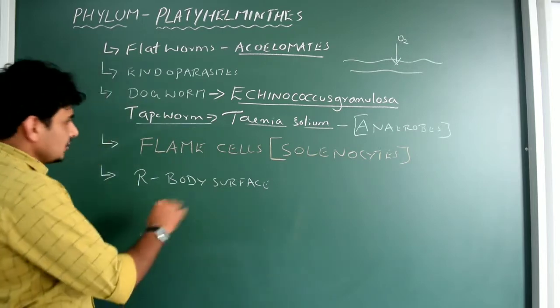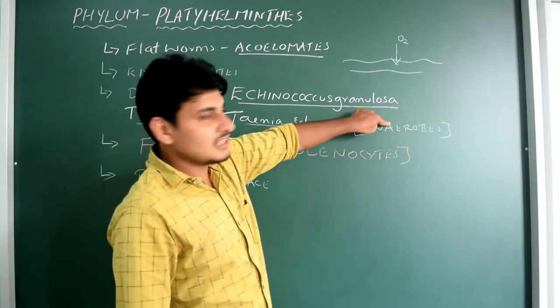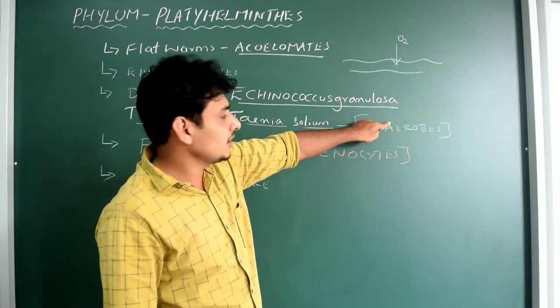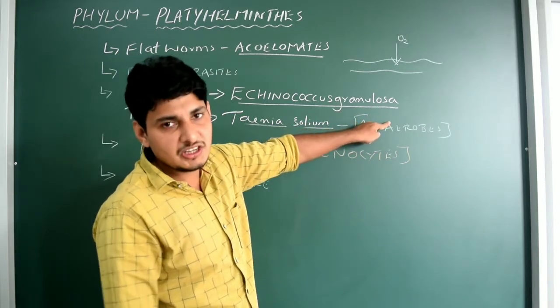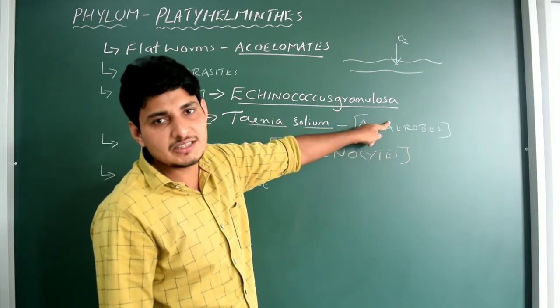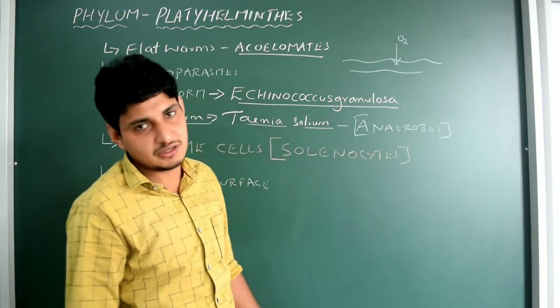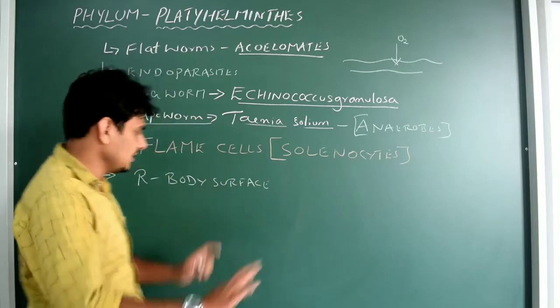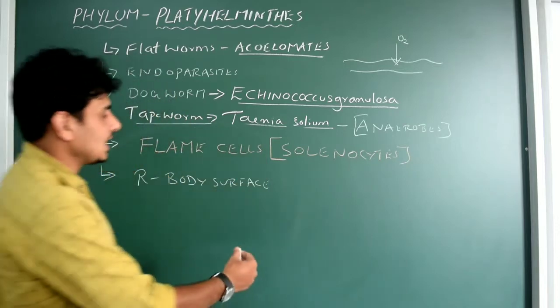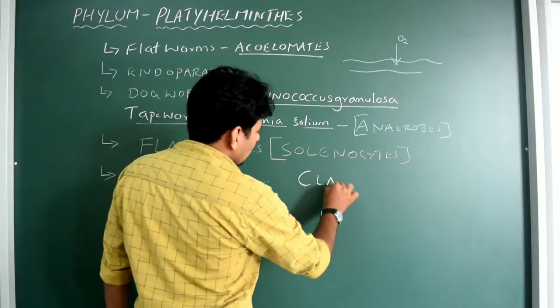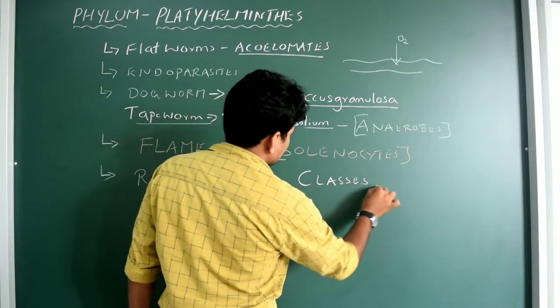So that's it, very simple. For the synthesis of ATP, they do not require oxygen. If any organism requires oxygen for the synthesis of ATP inside the mitochondria, then they are called aerobic organisms. Done. You will understand it later. Now, we will talk about its classes, very important now. Only you have to remember its examples, that's it.